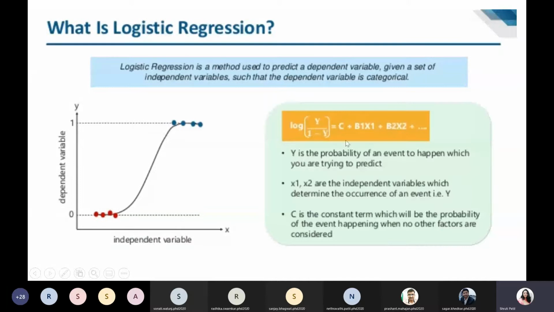Okay, where y is the probability of an event to happen which you are trying to predict, right? Which means that either it will belong to category A or there is a probability that it might belong to category B. Okay, C is a constant value and x1 and x2 are your input feature values.